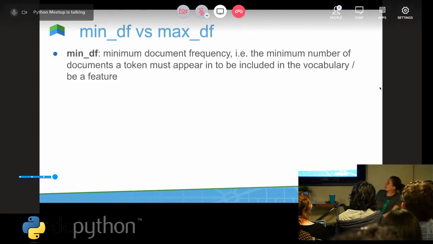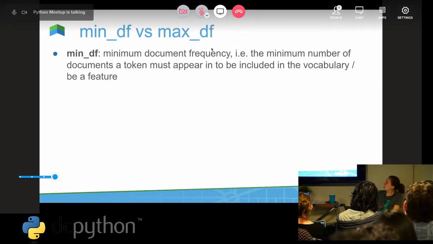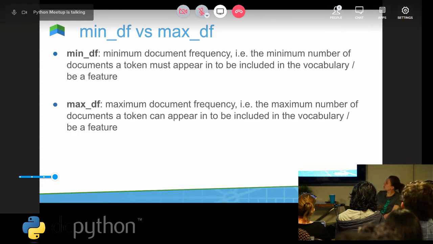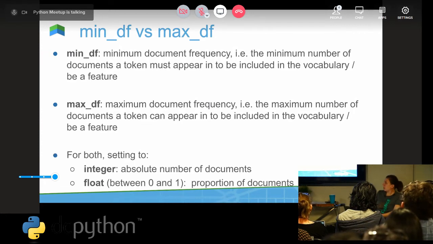Another important concept with vectorizers is min-df and max-df. These are also parameters you can set on a vectorizer. Min-df stands for minimum document frequency, and what that means is only extract words which occur in a minimum of some number of documents. Max-df is the maximum document frequency, so that is only extract words that occur in at most this many documents. And for each of them, it's kind of interesting because you have to set them to a number, but